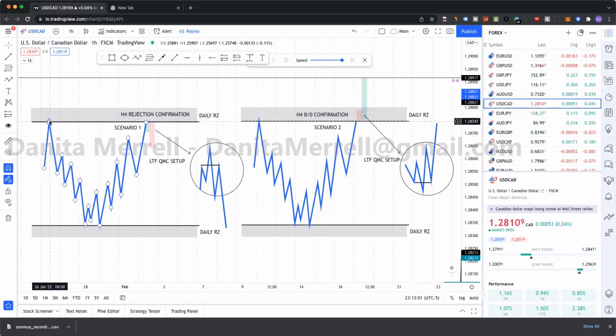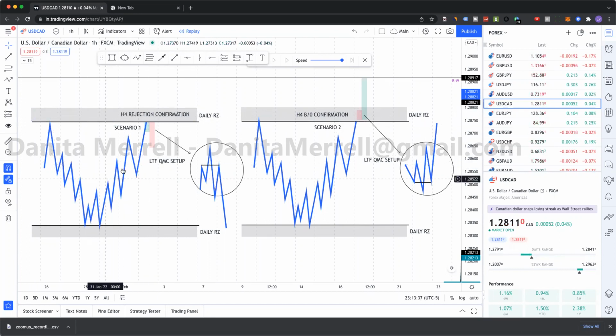to use the line chart and you're going to do your daily SNR level. So whatever the highest high is, if this was a daily, you would mark out your daily and you would highlight the wick of that daily zone. Just the wick. So from the close to the wick, you're going to highlight that entire zone. Or you can use your supply candle if there is one available. You can use that if you'd like. But in this instance, we're just going to be using the line chart. So if you can pretend this was a line, this is a wick above, and this is where the wick goes. So that's your rejection zone.